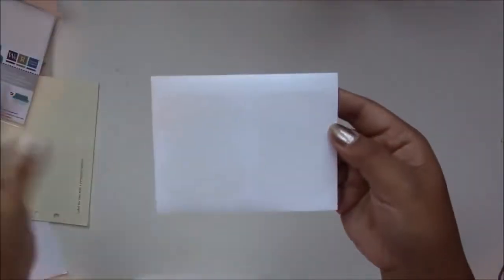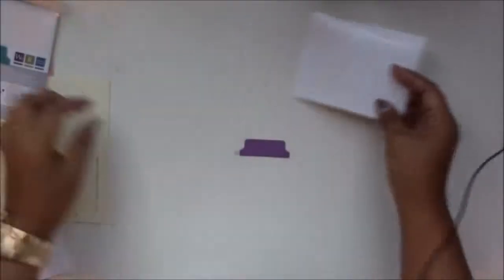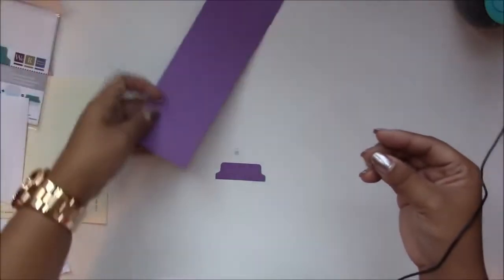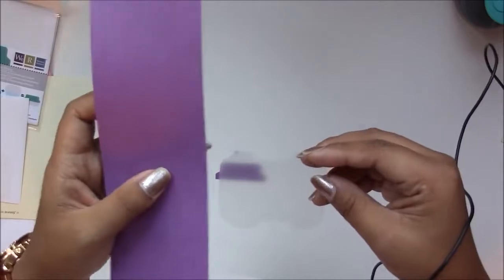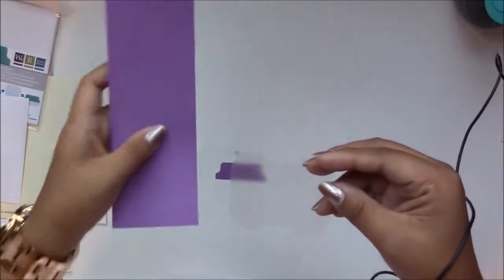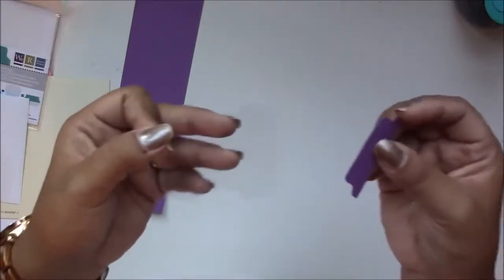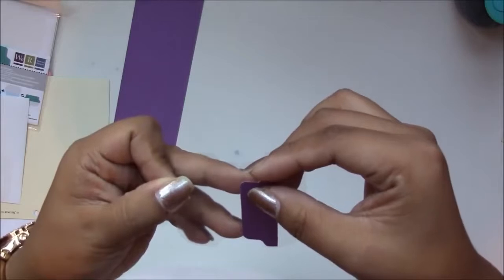So it comes like this. There's two on a sheet and they're basically like your lamination. So you would take this out, get whatever paper that you're going to be using your divider for. I'm just going to use this piece of paper here, but you are supposed to, this is how I do it. This is not exactly how they tell you how to do it, but then I would just put this